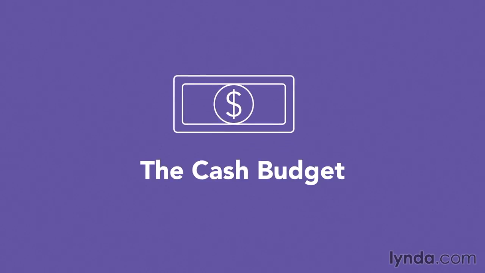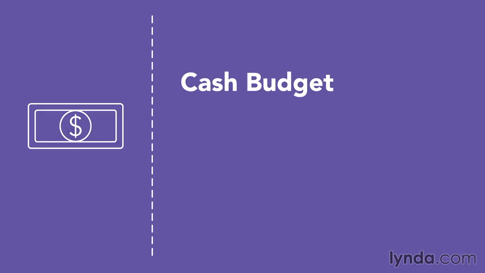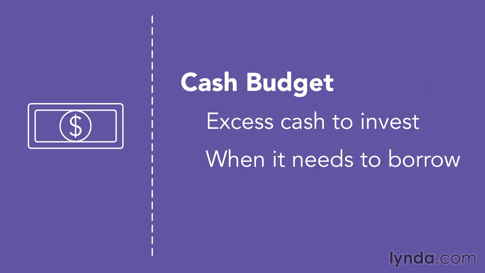The cash budget, which shows expected cash receipts and disbursements during a period, is impacted by all of the preceding budgets in the master budget. A detailed cash budget will point out when a company has excess cash to invest and when it has to borrow funds. This allows a firm to earn maximum interest on excess funds and to avoid the costs of unnecessary